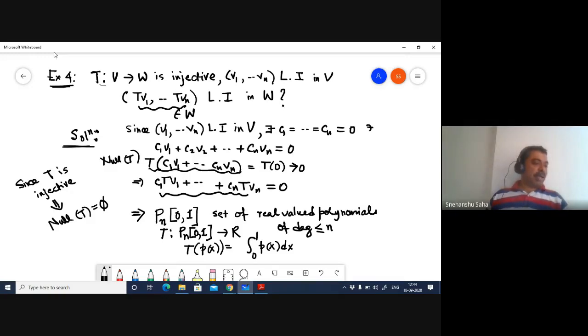What is interesting to look at is what kind of matrix this linear transformation induces. Can we find the rank and nullity of those matrices? Can we find the basis of the null space of T and so on? But one interesting thing to look at is P2, just a simple example. This P2 is the set of all real valued polynomials of degree less than or equal to 2. So what does this mean?